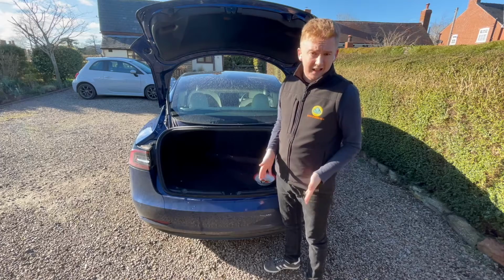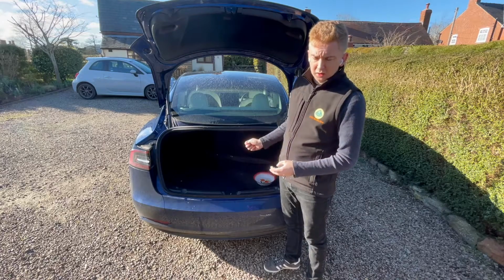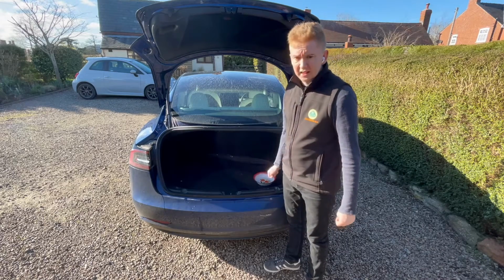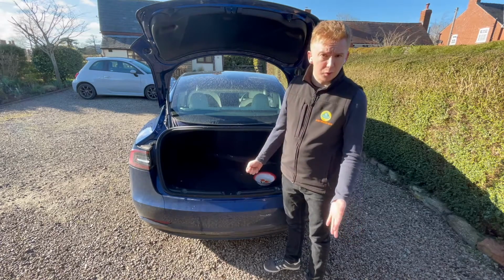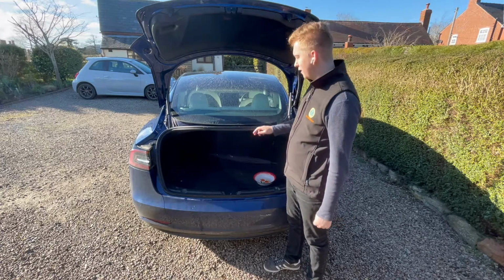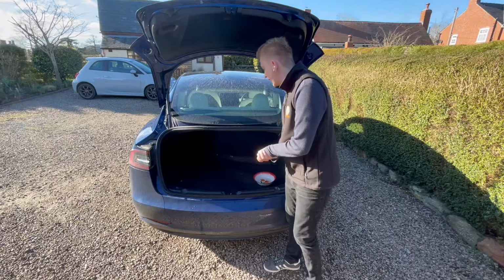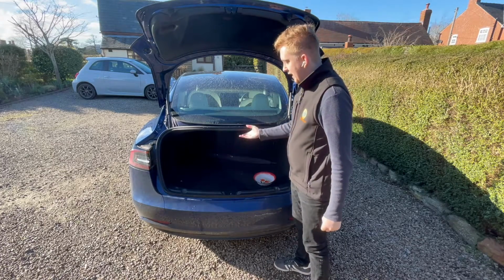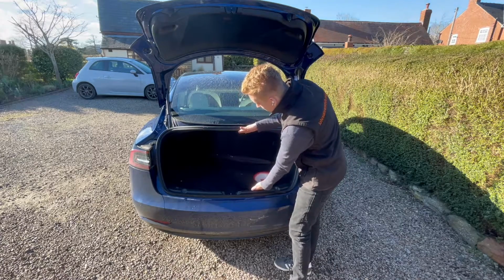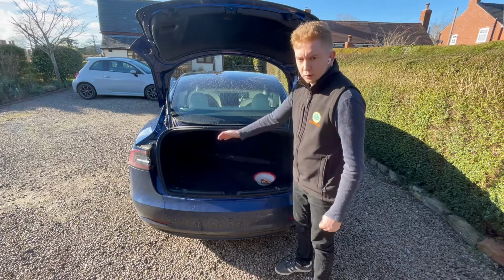So guys, the next bad bit about the Tesla Model 3 that we found over the last year is the boot. Now, they advertise this as quite a selling point of the car, as if you fold those seats down in there, you do get quite a big boot if you look at it. But the thing that does take it away is the height of this, because of this huge panoramic sunroof that they've decided to put in. It's meant that the access for the boot itself is tiny. I mean, that's the space you've got. You can fit a lot of stuff in there, but you can't get it past this point,